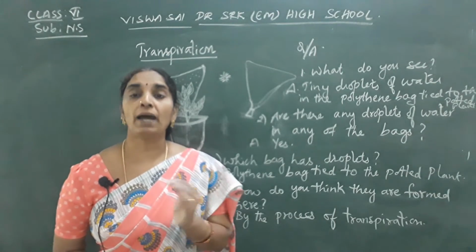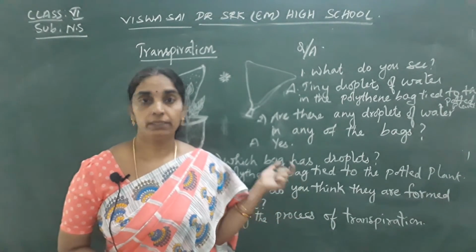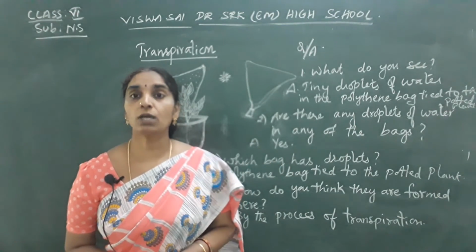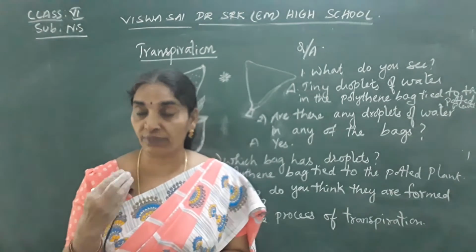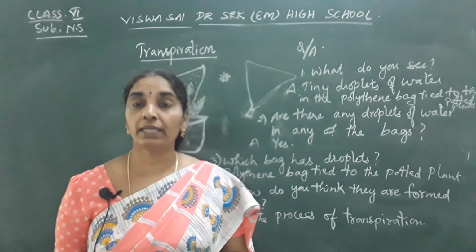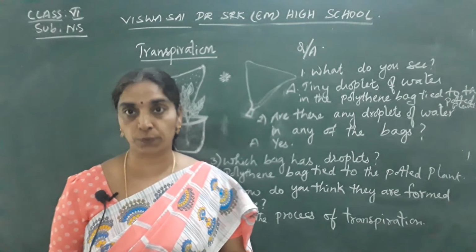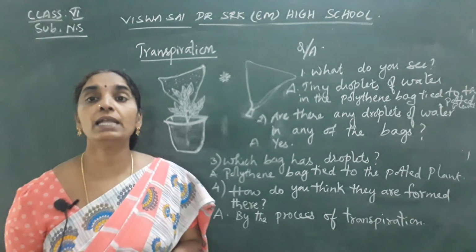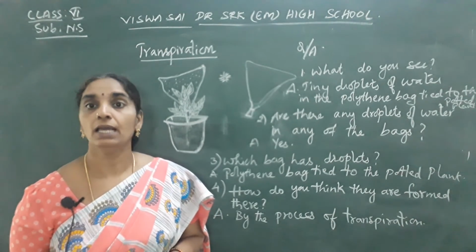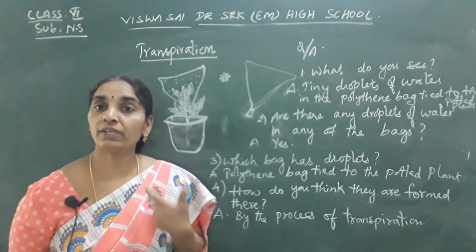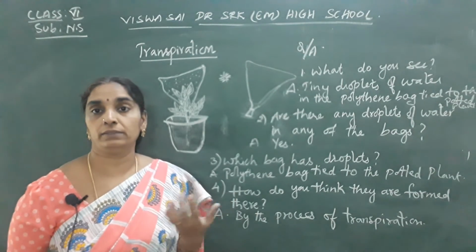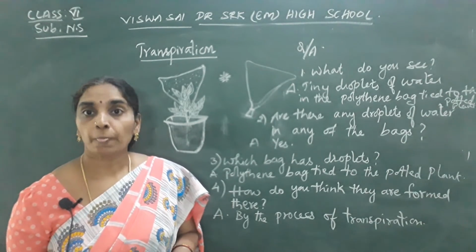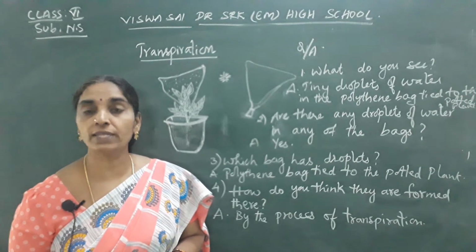Okay, children. Next part of the plant is the stem. That is stem you have seen, and leaf also you have seen. Now flower. Flowers are very important parts of the plant where they take part in the reproduction process. So there are flowering plants and non-flowering plants also, and you can learn about them in higher classes in detail. Okay, so petals are of different colors and they take part in pollination, which is very much important for the reproduction of the plants.